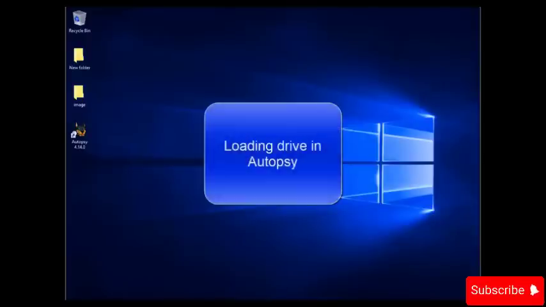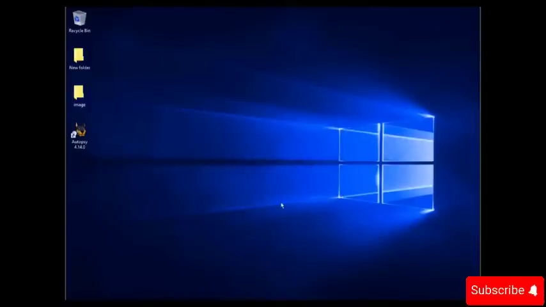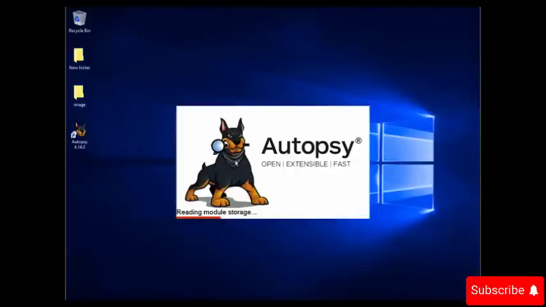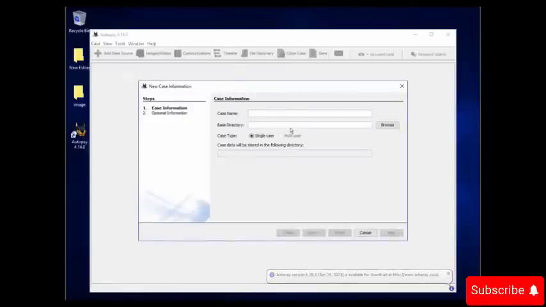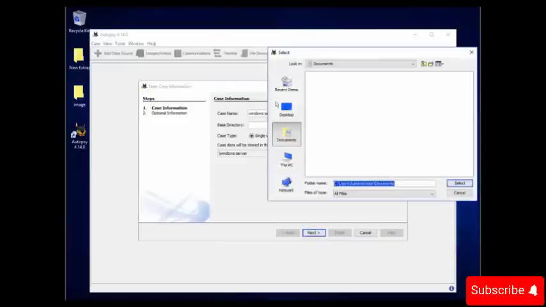In this video, you will learn how to load the acquired hard drive into the Autopsy tool. So first, let's open the tool. Double click on Autopsy. It's loading, so let's wait. Here we are creating a new case. Now click on New Case. Provide the case name. Here we will type Windows Server. Now in base directory we will click on Browse. Go to Desktop. Select the image folder